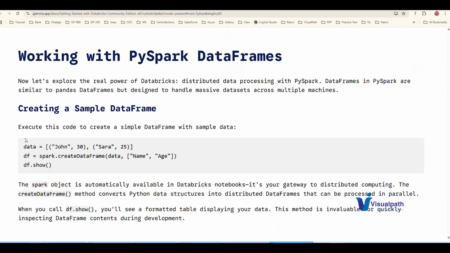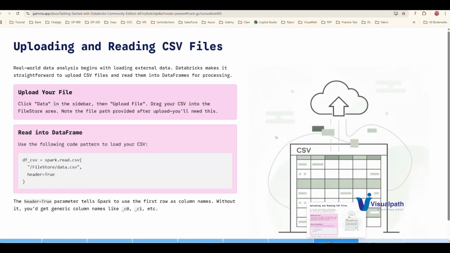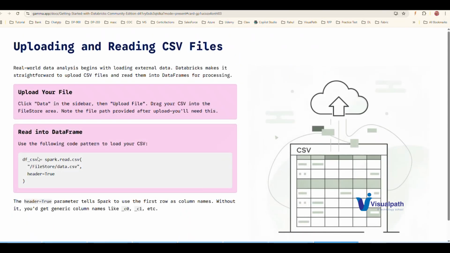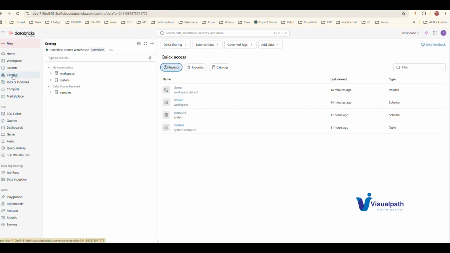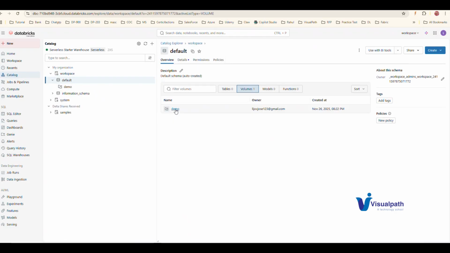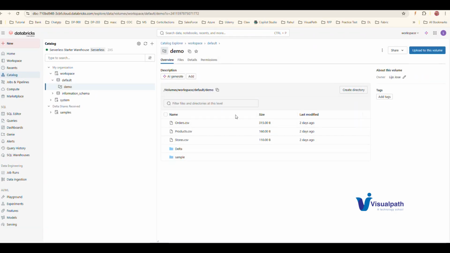I already explained the sample codes there, how we can create a data frame, and how it will show in Spark. And we can upload files here. As I showed here, if you go to this catalog, you can see different demos. You can see I have uploaded some documents.